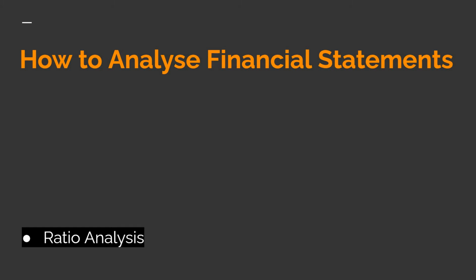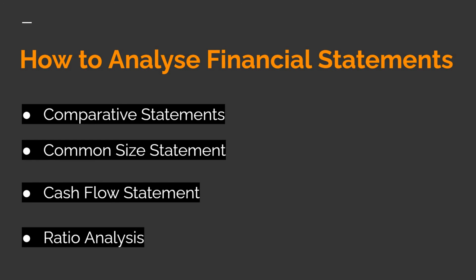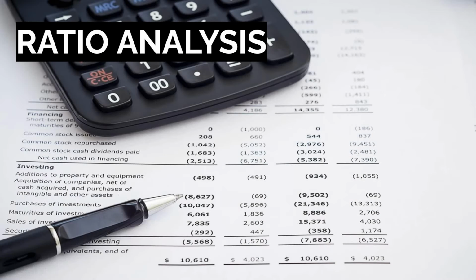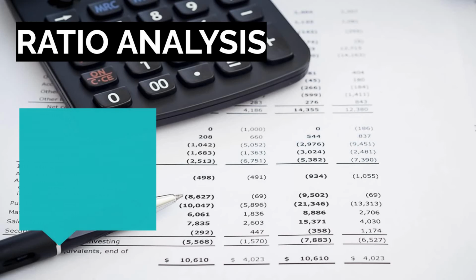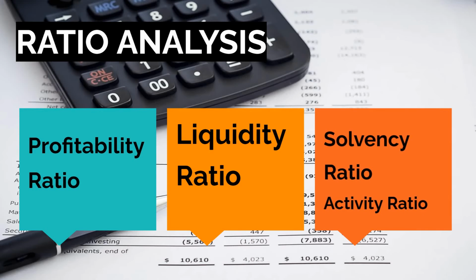Overall, there are different ways to analyze your financial statements, like comparative statements, common size statements, cash flow statement, and one of the most favorite of analysis is ratio analysis. So we are talking about ratio analysis today. So ratio analysis is done like analyzing different types of ratios. So there are profitability ratio, there is liquidity ratio, there are solvency ratios, activity ratio, etc, etc. So let's go one by one and let's discuss all these ratios that we have under ratio analysis for your